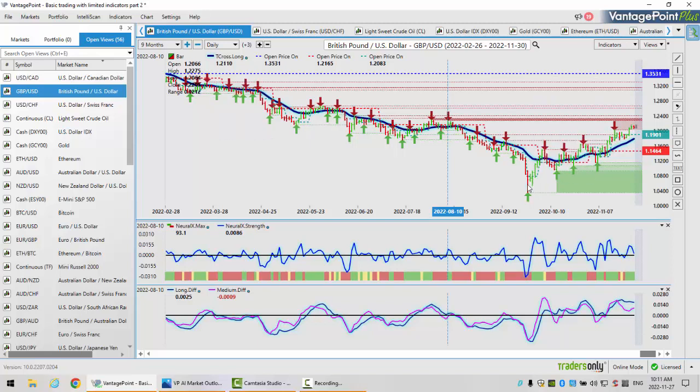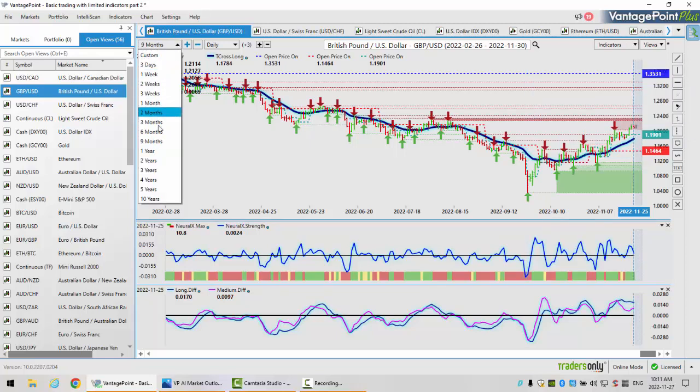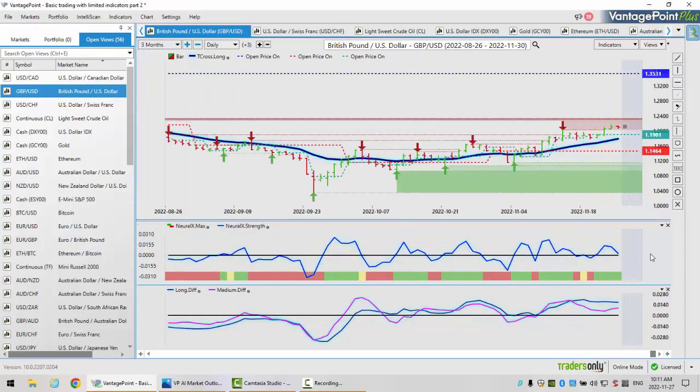We remain locked in the overall range. The lower end of that range is 103.49. So I'm pretty sure you're going to see some sellers coming out here. We're just looking for a signal to tell us that. Right now, the neural index remains positive. We're above our T-cross long.